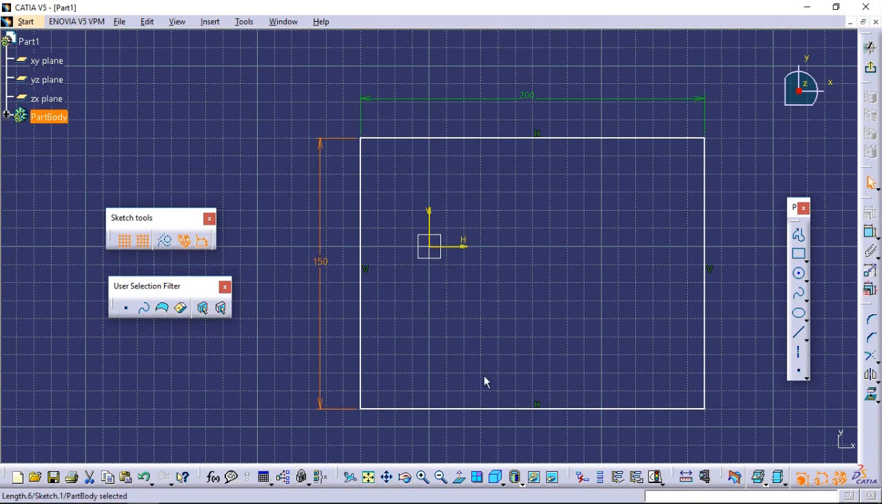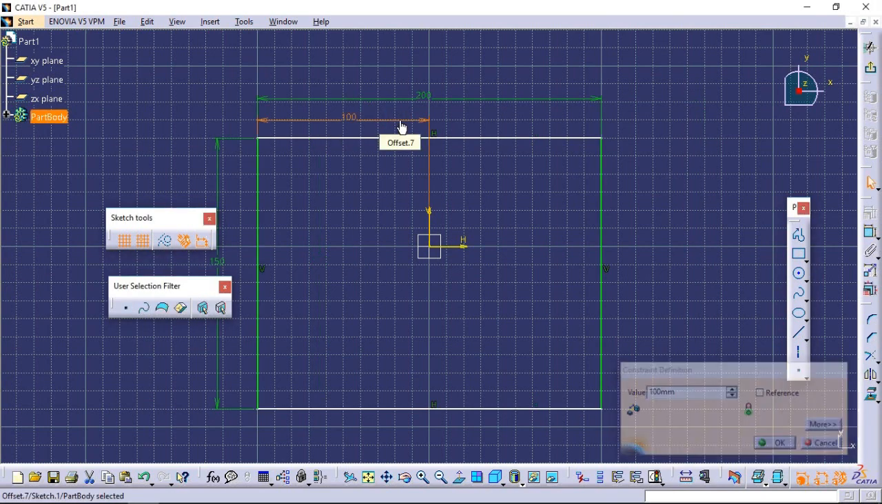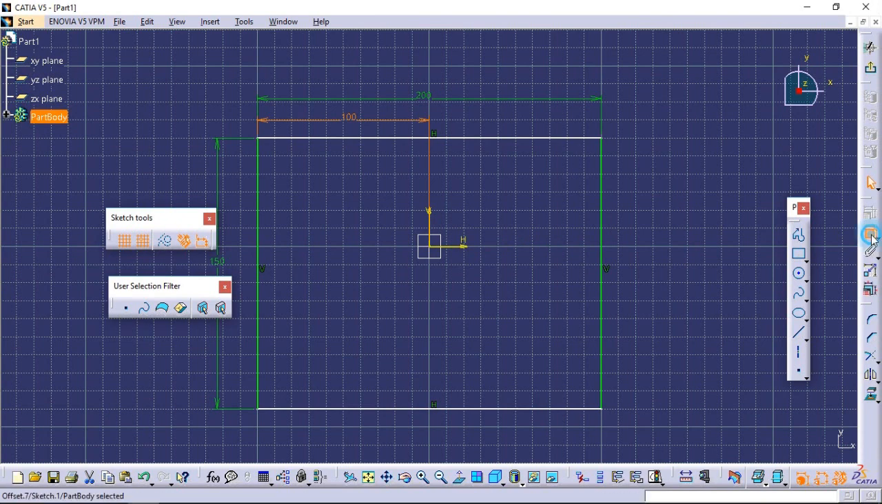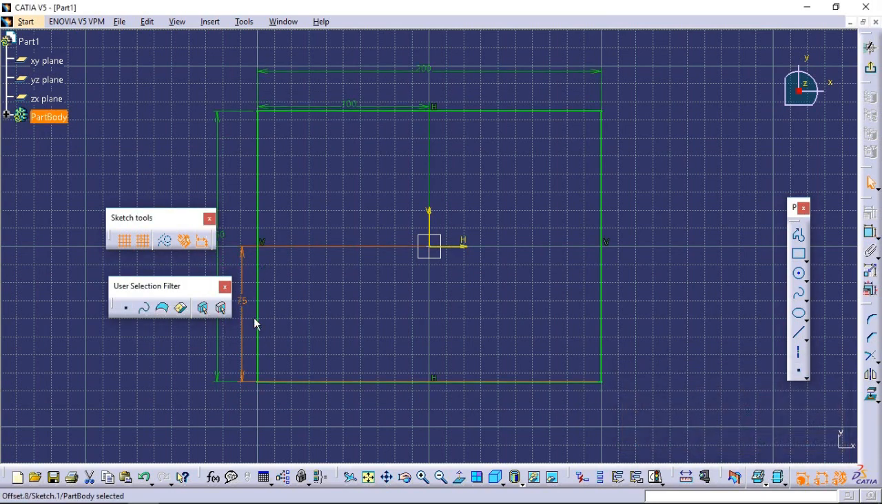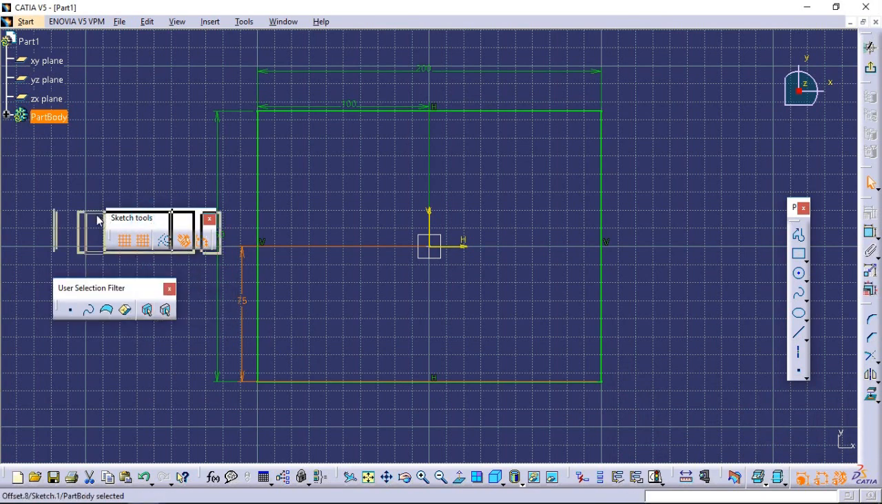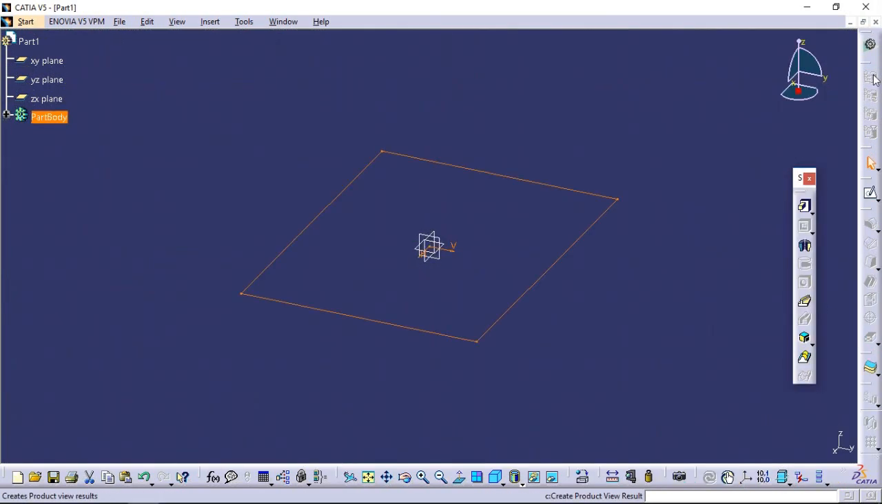I want this sketch to be centered with respect to my origin. Go to Constraint. I am defining the distance from my origin. Now you can notice that the sketch has turned green. That means it is fully constrained. Exit the workbench